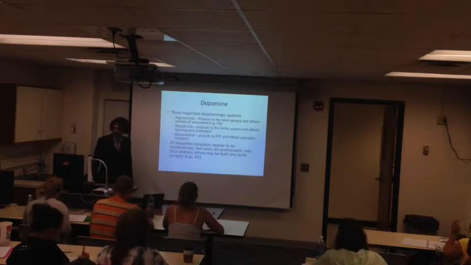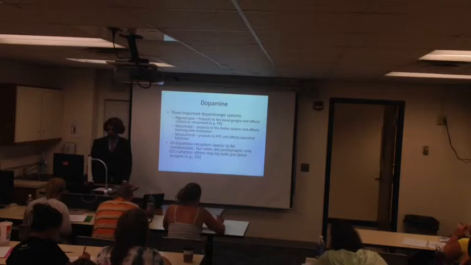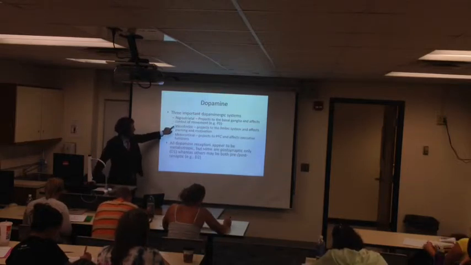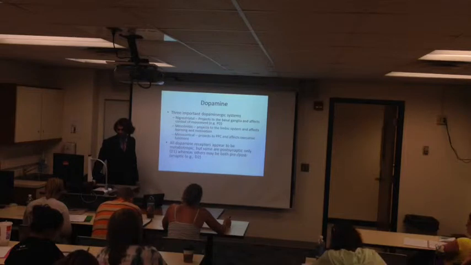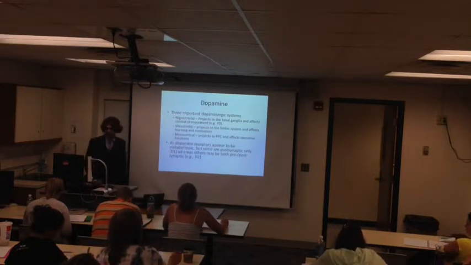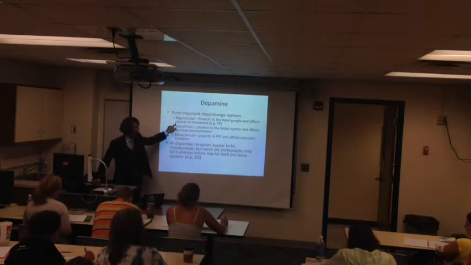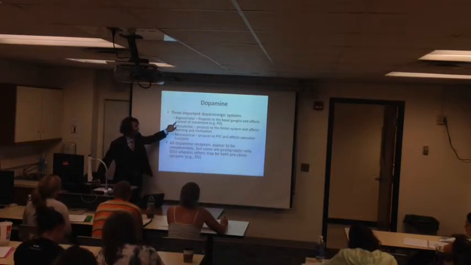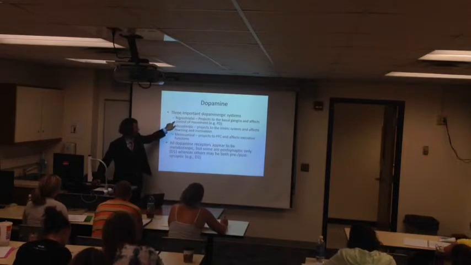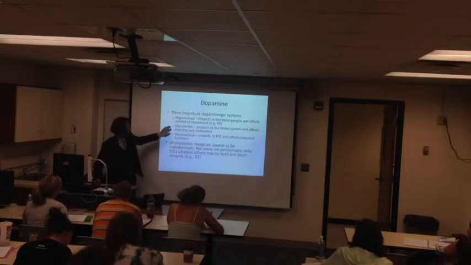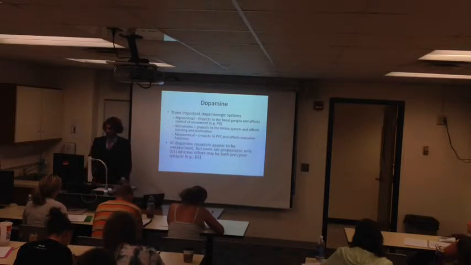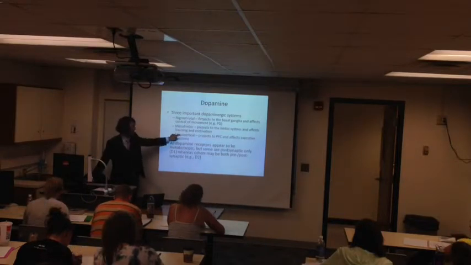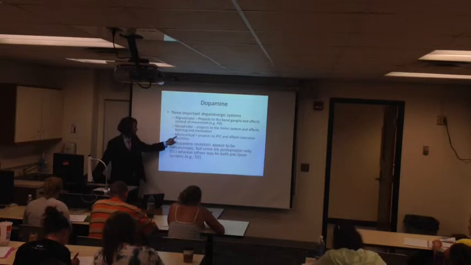So dopamine. There are three important dopaminergic pathways: the nigrostriatal, mesolimbic, and mesocortical. The nigrostriatal pathway projects to the basal ganglia and affects control of movement. So this pathway is particularly important in Parkinson's. I showed you the picture last week of the depigmentation of the substantia nigra basal dopamine neurons. Mesolimbic, in particular, is important in schizophrenia. It projects to the limbic system and affects learning and motivation. Mesocortical is possibly also